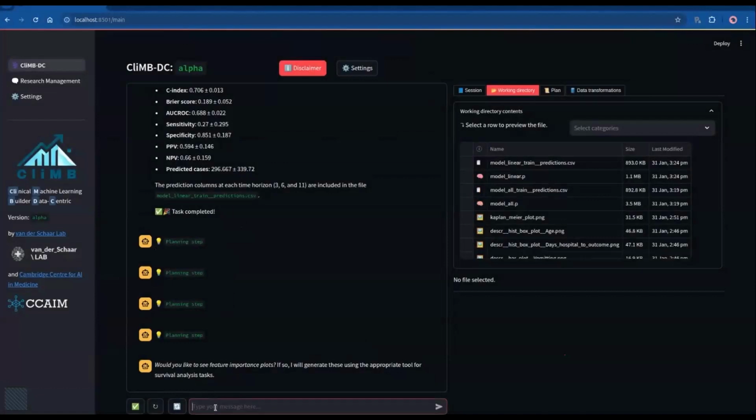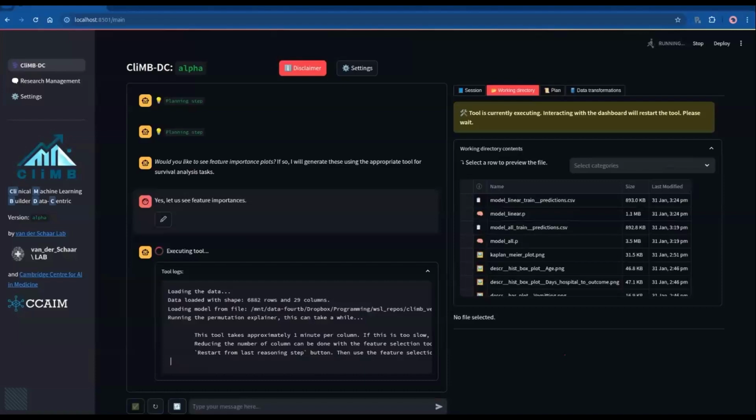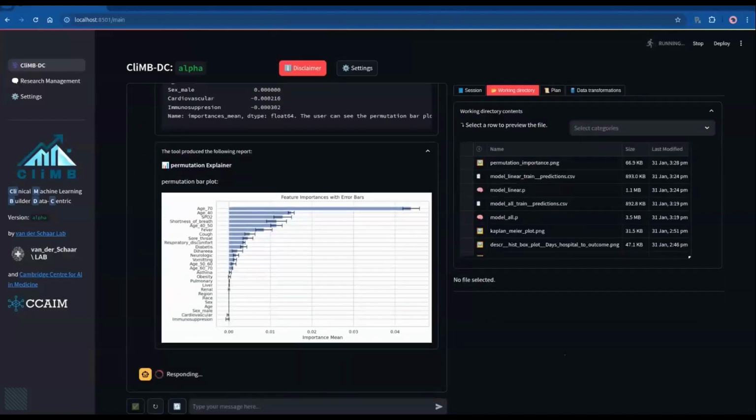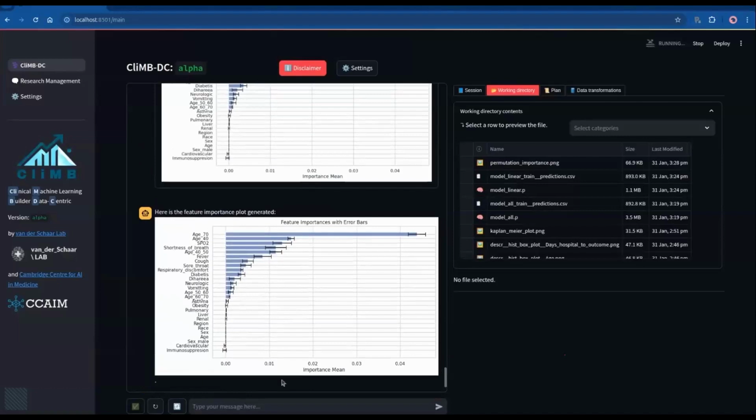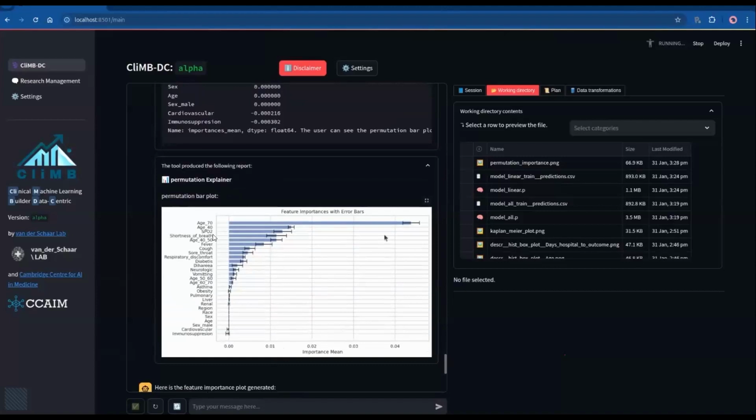Now, a machine learning model is good and advanced and powerful, but they're often hard to interpret. Right? One thing that we can do to improve interpretability is to see the feature importances, which particular features, that is columns or variables, were most important when the autoprognosis model was making predictions. And we can work with the CLIMB tool to produce these exact feature importance values for us. So here on this chart, you can see from the top going down towards the bottom, from the most important variables to less important variables. And you can see that, for example, age and SpO2 were very important for COVID mortality, which of course seems to make sense, which is good. This is a very important step to get transparent understanding of your model.